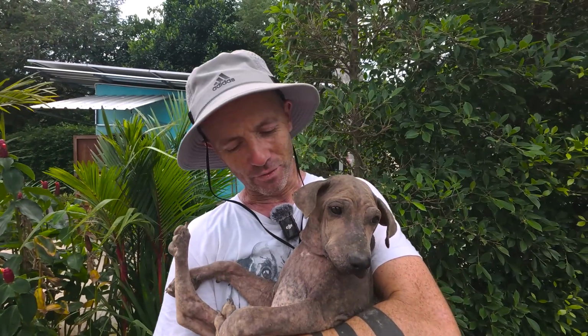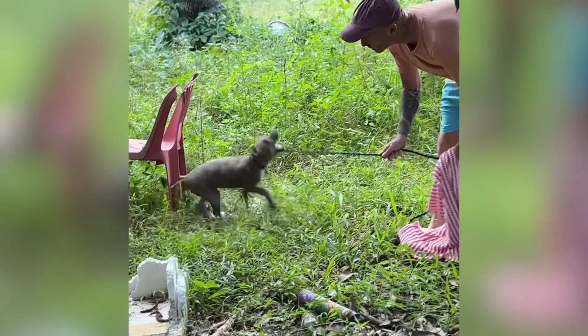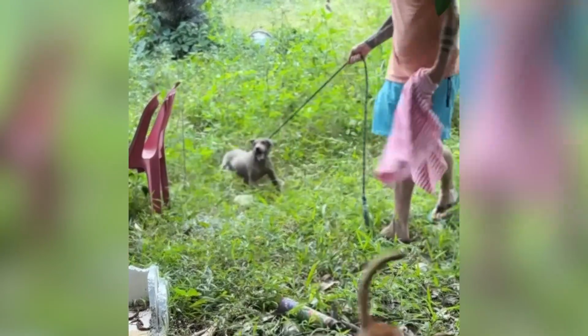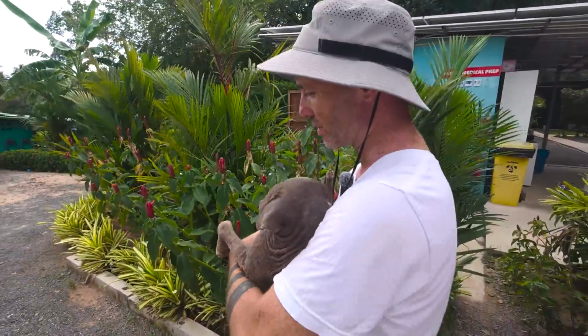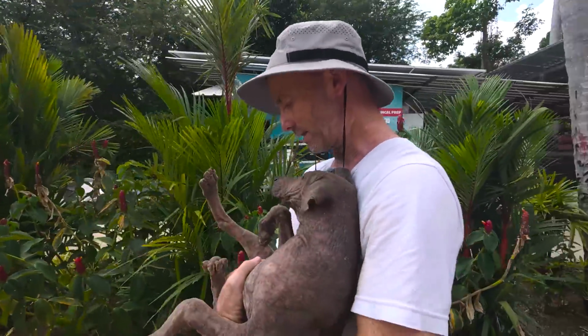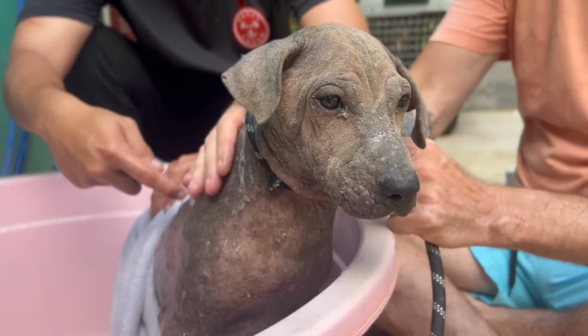Now, I've got little Kate with me today. I want to give you an update on her. She came in last week. We're actually going to take her for a bath, which is where she's on her way to. If you remember, she came in a couple of days after Leonardo, her brother,